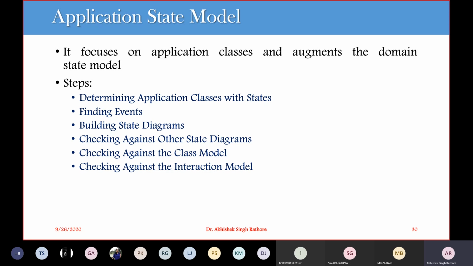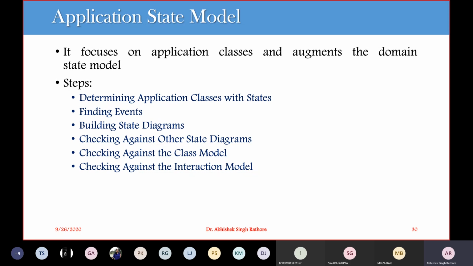So every event should have at least one sender, and in addition to that, if you are considering the sender for an event, you should also have a receiver of that particular event. This sender and the receiver are occasionally the same object. Now, states without predecessors or successors are considered suspicious. Why? Because we have to make sure that they represent the starting and the termination point of your interaction sequences.